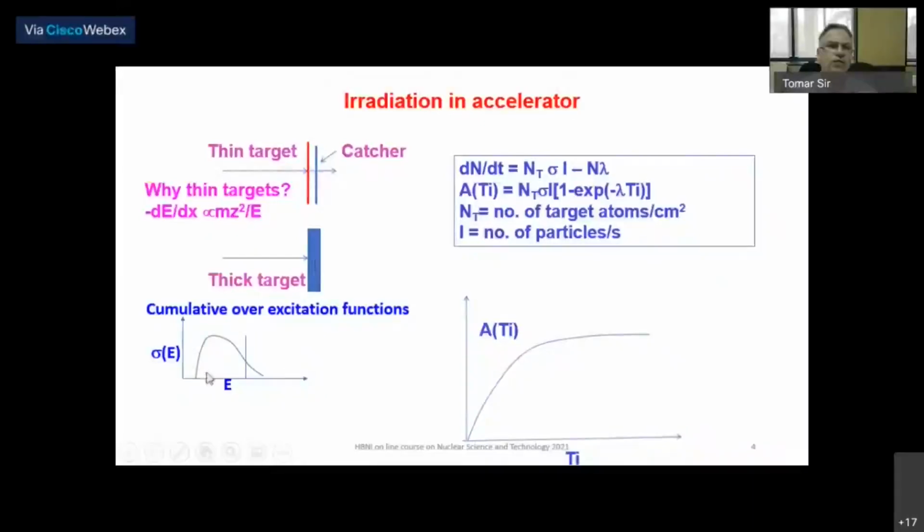in the target. So the advantage of thick target for production will be that, suppose this is your input incoming beam energy. This is the cross section, let us say, excitation function for a particular isotope production. So if you use this as the initial beam energy and the beam stops in the target, then you get the entire cross section, cumulative cross section, to produce radioisotopes. So the final output beam energy may be here, or the beam will stop, means the output is 0. So the entire cross section over the beam energy will be used to produce radioisotopes.